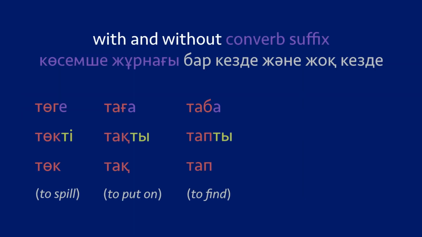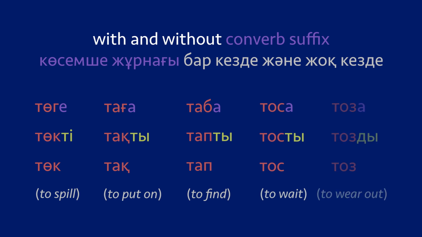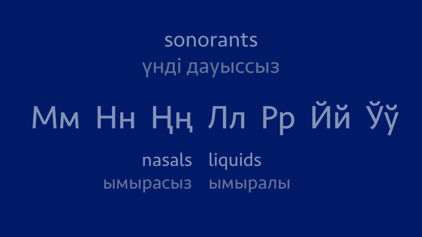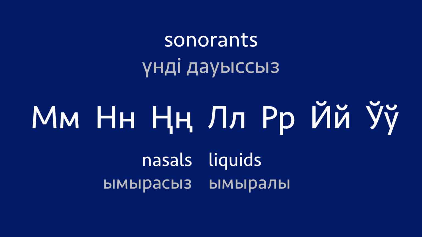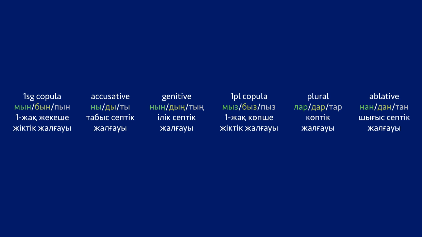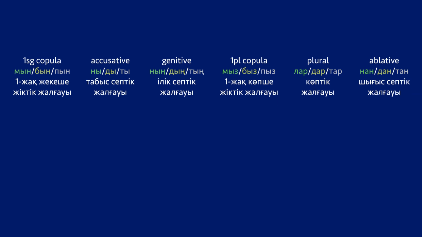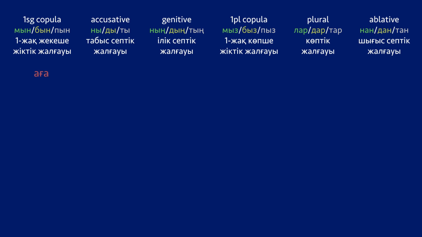During suffixation, voiceless connects to voiceless, voiced connects to voiced, but when sonorants come into play on either side, there ceases to exist any one-size-fits-all solution, and you have to consider each suffix independently. To demonstrate this, let me show you these 6 suffixes. All of these have 3 variations, the main one that starts with a sonorant, and then the voiced and voiceless variants. We no longer need to explain the voiceless ones. For comparison, I'll first show a word that ends with a vowel, and another that ends with a voiced consonant.